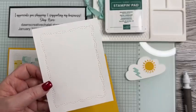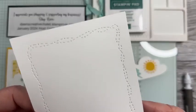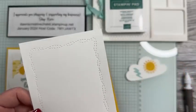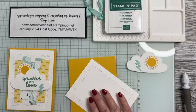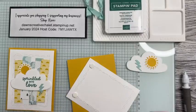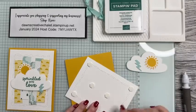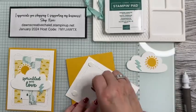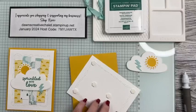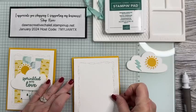This is also a piece of Basic White cut at 4 by 5 1/4. I ran it through the Stitched with Whimsy dies. I really love that little stitching around the edge. I think it's just a little extra something, you know. We're going to go ahead and attach this with dimensionals, and then peel these off and attach to the card base. There we are. All right. And center it-ish,